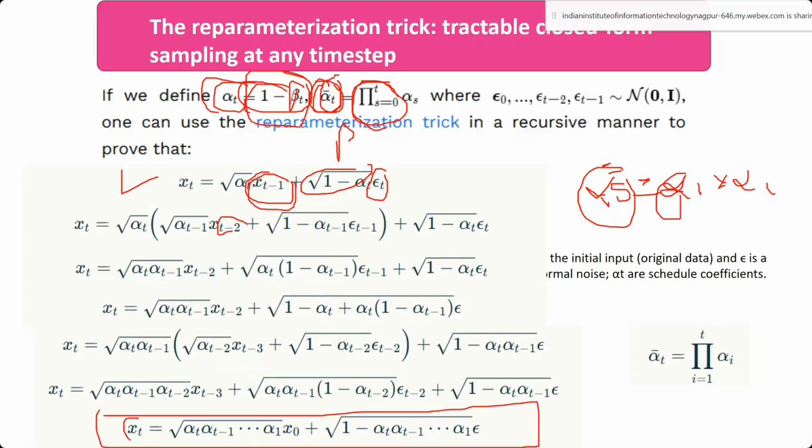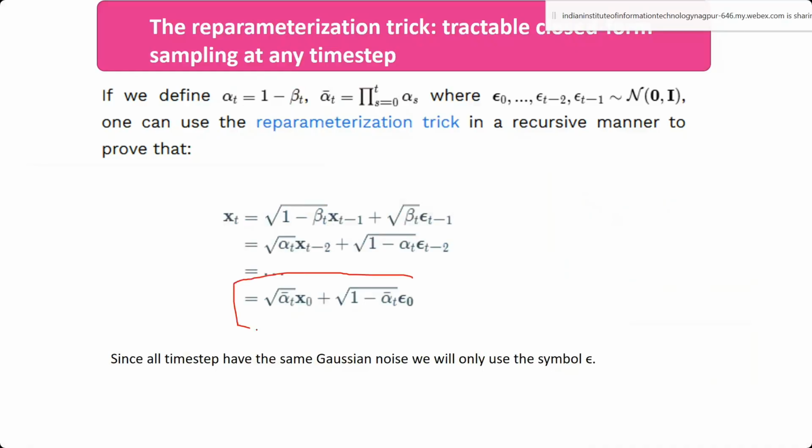So if I want to get the xt image, I am taking the cumulative product till t of all alphas, and I am taking the x0 image. From xt minus 1, what you will do is put it as xt minus 2, then put xt minus 1 in this image. Like that, we go on expanding this till x0. So if you want to get the x5 image based on the x0 image, what you are doing here is a multiplication of different alpha values till that point, and this is how the formula is now rephrased.